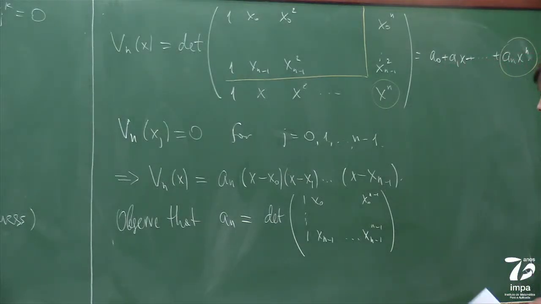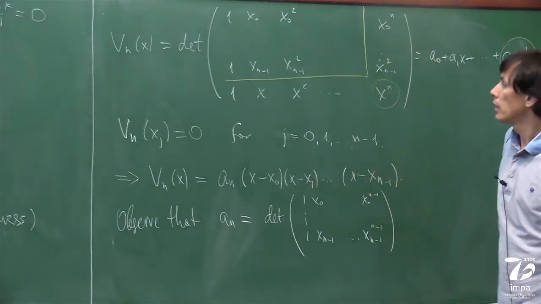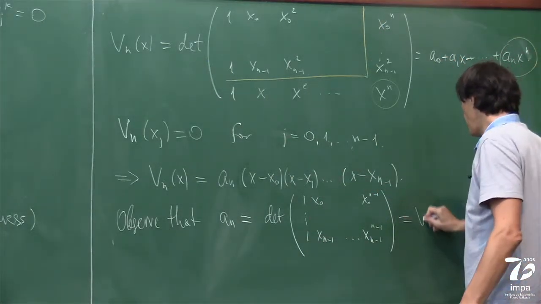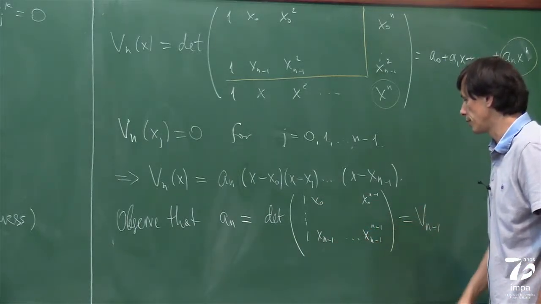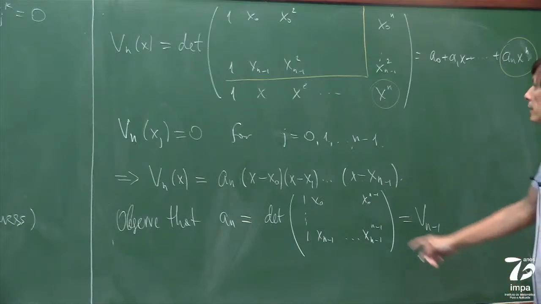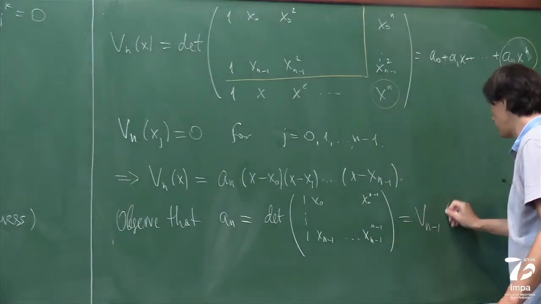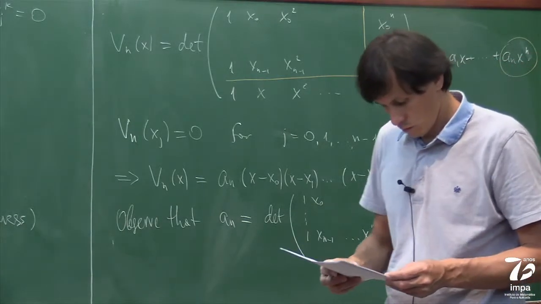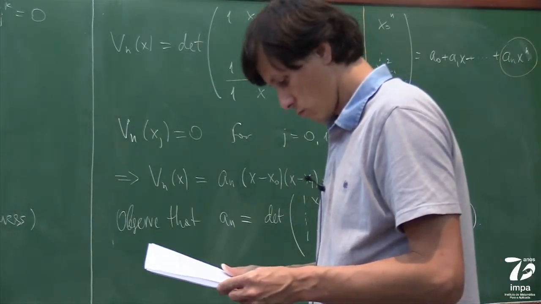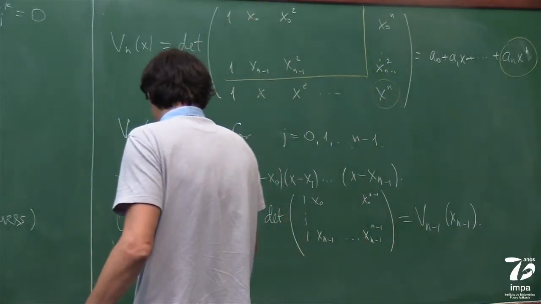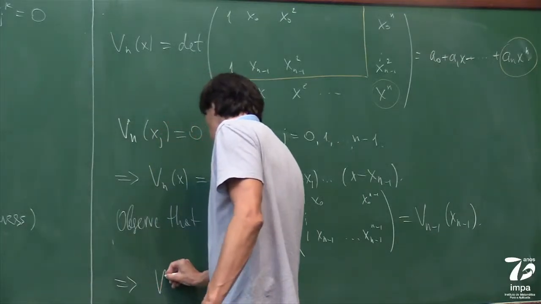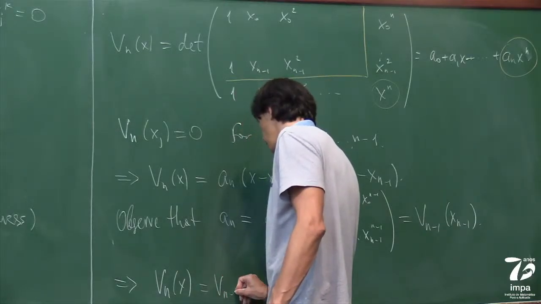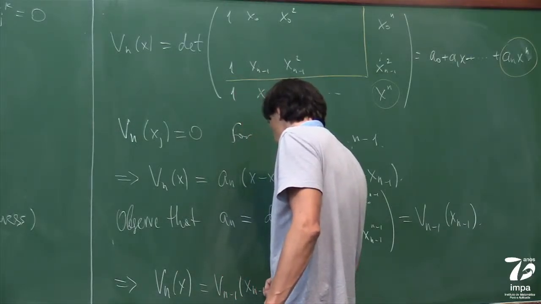The determinant of this matrix is the same polynomial, but of smaller size, so Vn minus 1, where you repeat everything until n minus 1 and put in the last row x to the powers up to n minus 1. So what we have finally is that Vn of x is Vn minus 1 of xn minus 1